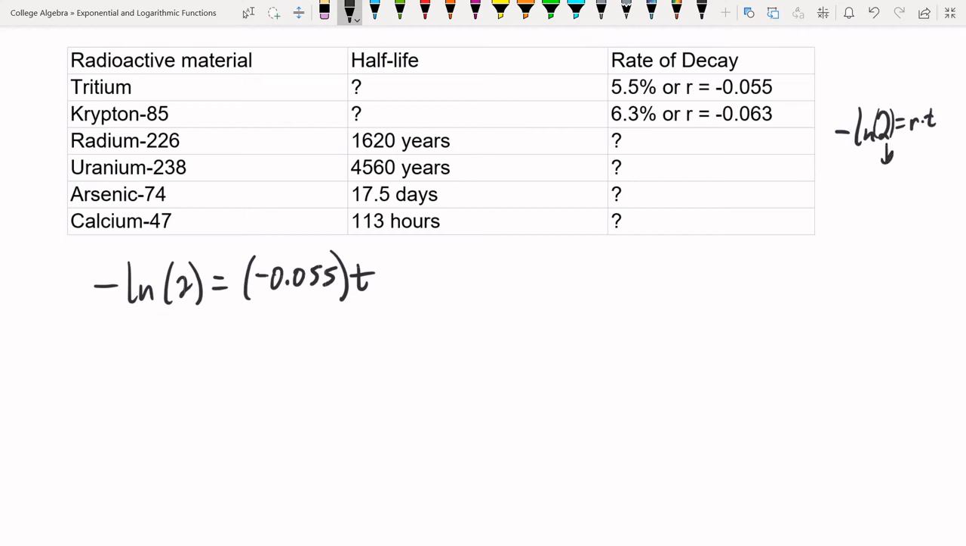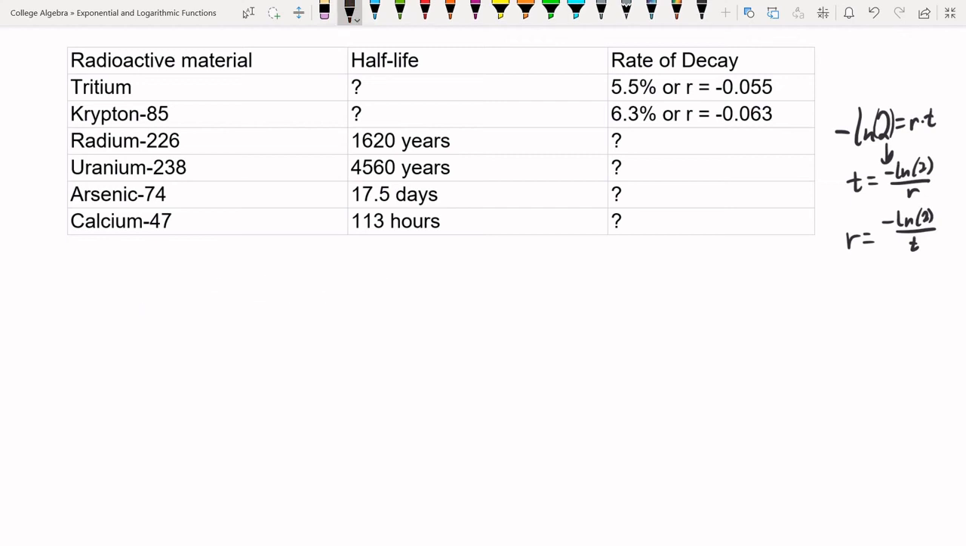So to find T, I can do this a little bit simpler. I can solve this thing for both T and R really quick. T equals negative natural log of 2 over R, and R equals negative natural log of 2 over T. So that's the same thing as solving this for T, but I can do that by just saying I don't know what T is, and these are R. So T equals negative natural log of 2 over the rate, which is negative 0.055. The negatives cancel. We get natural log of 2 over 0.055,